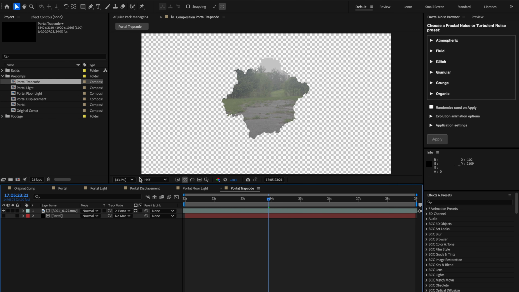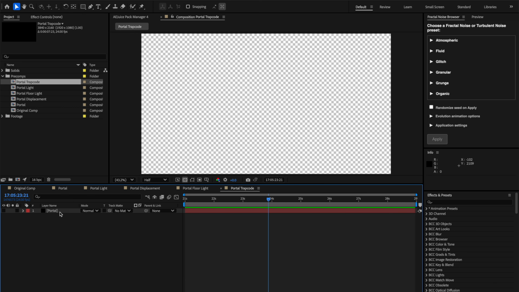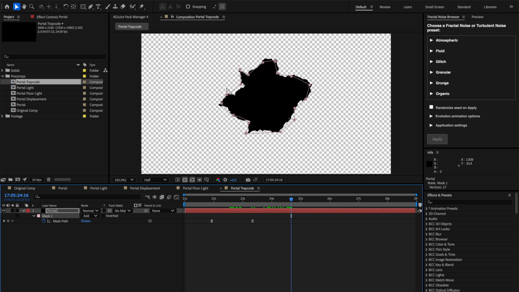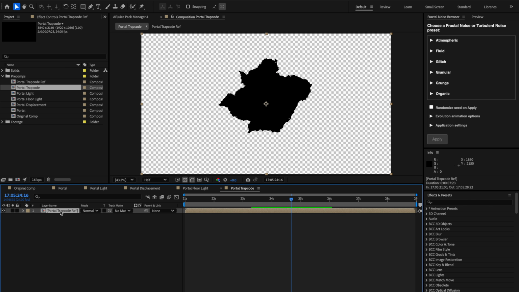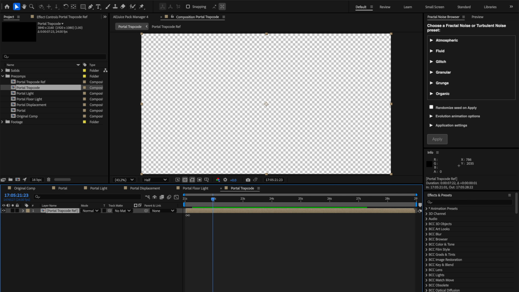Then I'm going to double click to go inside of it. I'm going to delete the footage. And over here, you can see that the mask isn't actually animating with this animation, but there's a cheat to get around this. So what I'm going to do is pre-compose this inside of here, trap code ref. And this is for a reference for it. Then I'm going to auto trace this so that it creates a mask around this whole entire animation. But I want to cut it to around over here so that it doesn't actually add mask